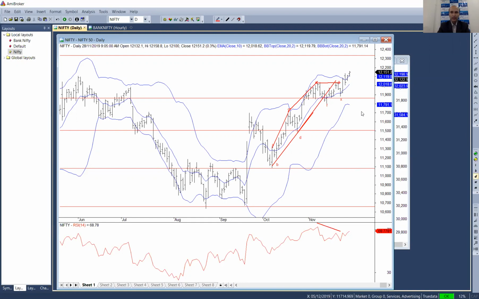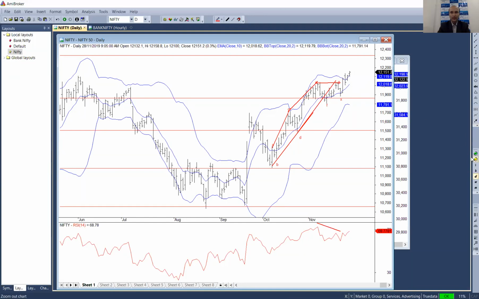Now given this, does it mean that I will go short at 12,320? Absolutely not. What I'm going to see is how the market reacts to that zone, and whether there is more price confirmation from Fibonacci and other methods that I'm following. Next, if you look at the daily Bollinger Bands, Nifty has probably closed above the daily Bollinger Bands in today's session and has sustained. Yesterday it closed above it, and in today's session it actually managed to break further above that. Which means the contraction which happened here is turning back into an expansion. That's a positive sign again for me.